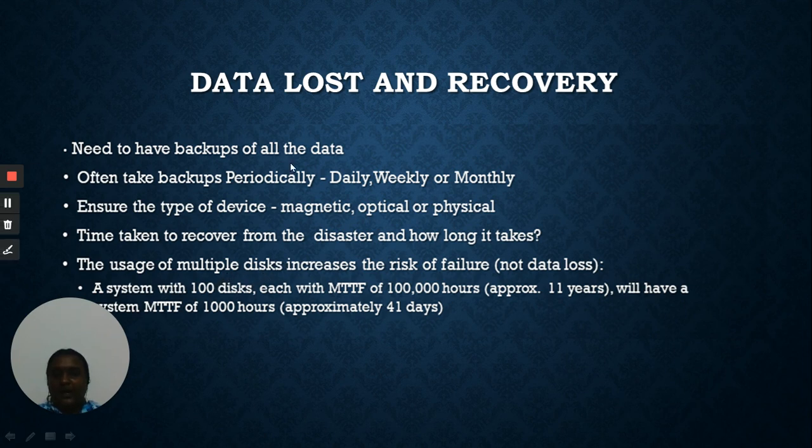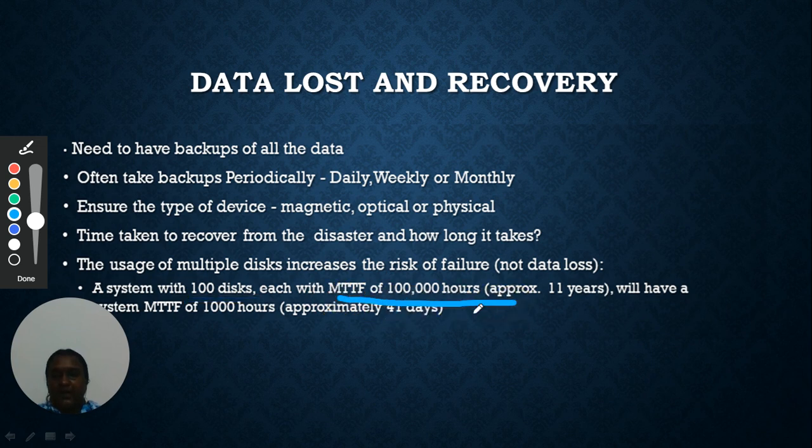Your system is going to have nearly 100 disks, and the mean time to failure is 100,000 hours, which is approximately 11 years. Whereas if the mean time to failure is 1000 hours, that is approximately 41 days